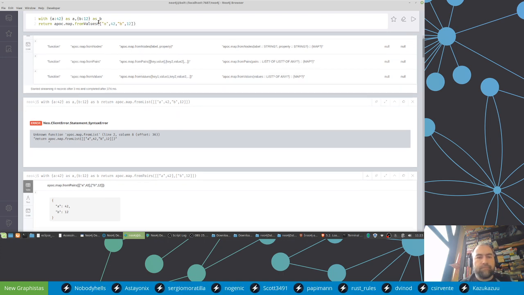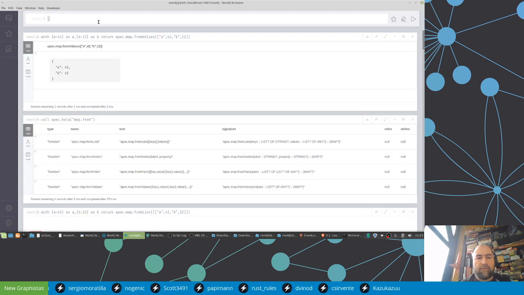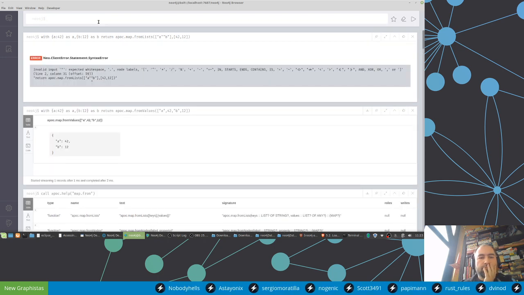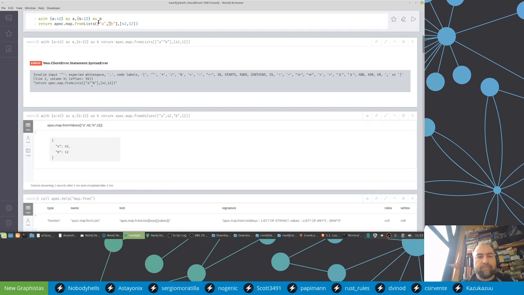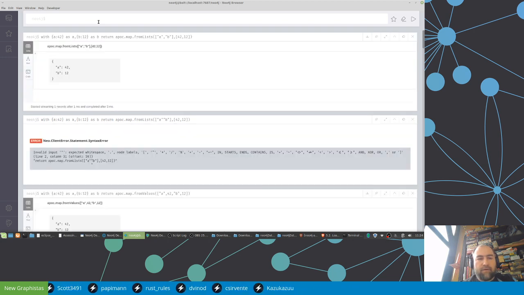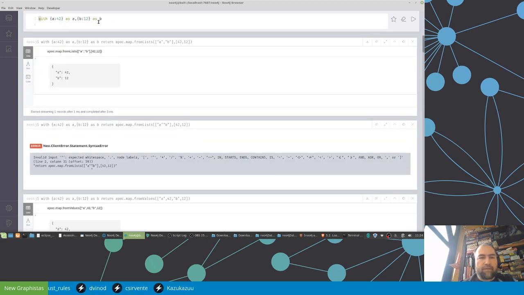So this is kind of my from values map, and I could also say from pairs, which is then A, B in one list, and the two values in the second list, right? From lists, which is the same. Oops, that's the comma. Okay, but what's cool with these lists is, for instance, if I merge them together manually here,